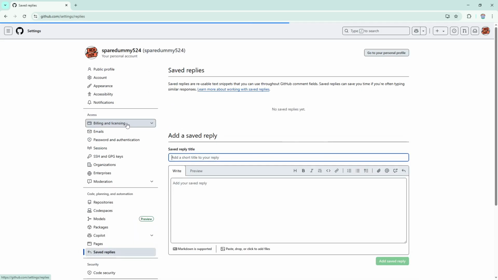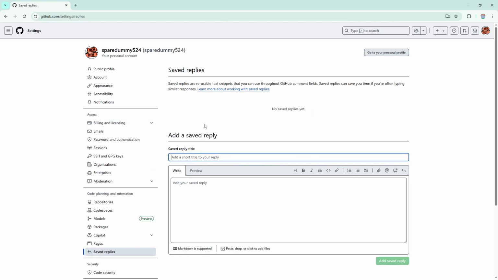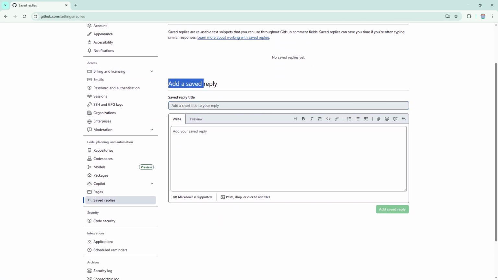Once on the saved replies page, the next thing you'll want to do is locate the segment titled Add a Saved Reply. This is where the magic happens. It's time to create your new template. Click on the Add a Saved Reply option, and you'll be given a blank canvas to write out your desired message. Whether it's a greeting, a thank you note, or any frequently used text, just type it out in the